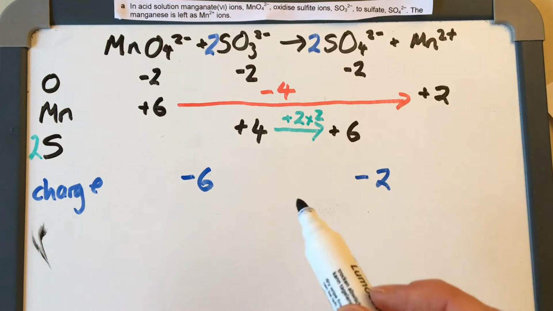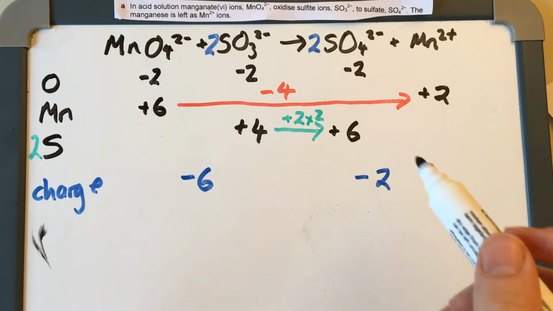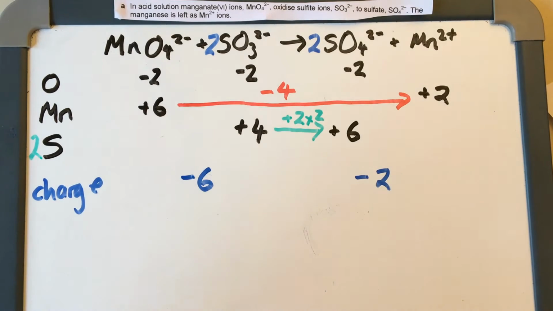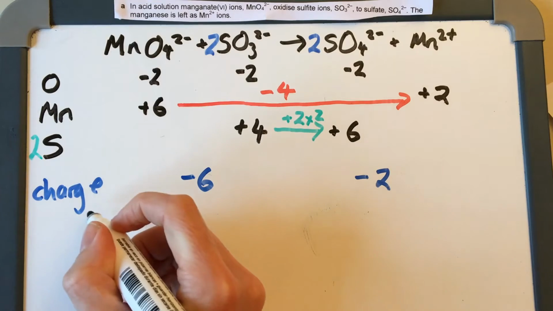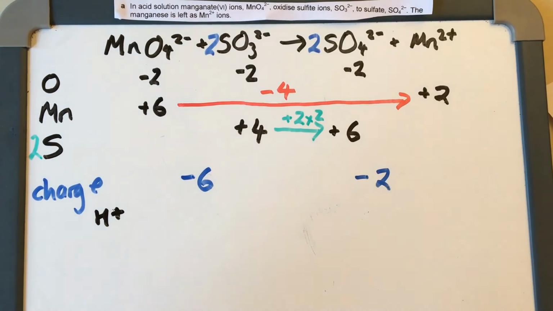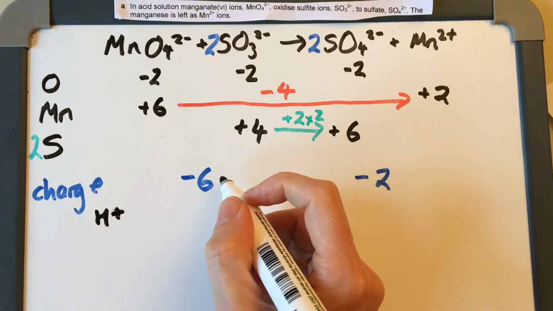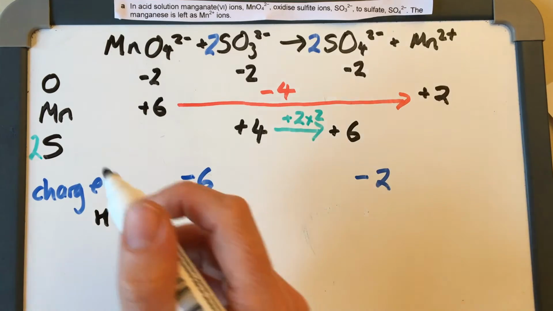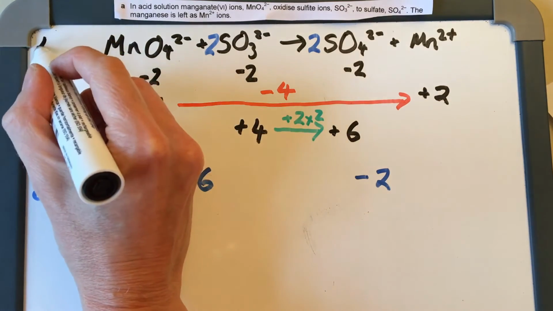So I have -6 on this side, -2 on this side. So if I am working with H pluses, I want to add 4 H pluses on this side in order to make sure that I've got -2 instead of -6. So if I put 4 H pluses over here,